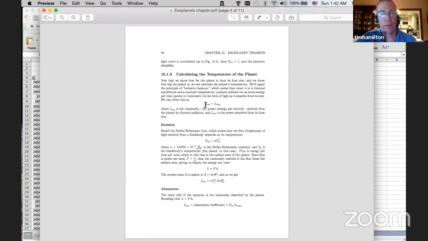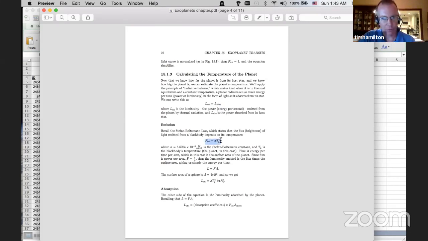So if that's true, then the luminosity, the power that's emitted, is equal to the luminosity or power which is absorbed from the star. So we've got black body radiation. The star emits light, which is absorbed by the planet. The planet heats up to some temperature, and it emits light as a black body, more or less, and radiates that back out into space. But we're converting from a small number of high energy photons, visible light, which it absorbs, and it's giving off a large number of low energy photons in infrared light.